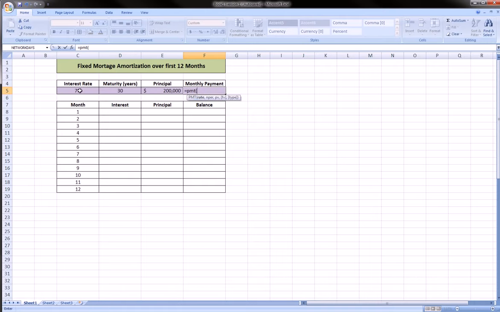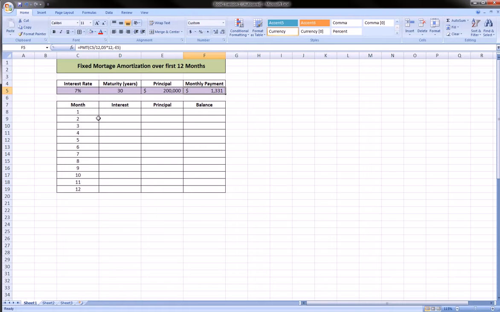Equals PMT, we input the rate, and we divide that rate by 12 because that's an annual rate and we want to divide it to a monthly. The Nper argument is the number of payments, so it's the number of years times 12, comma, the principal of the loan. We put a negative sign and we click the principal for the PV, the present value. The following two arguments of the function are for much more specific situations, which we're going to leave out. We're dealing with a very generic fixed mortgage amortization. We close the parentheses, so we inputted 3 separate parts,